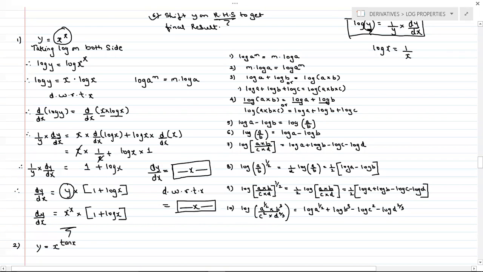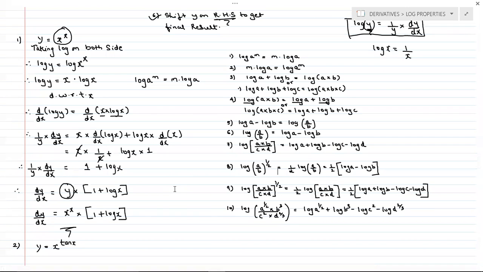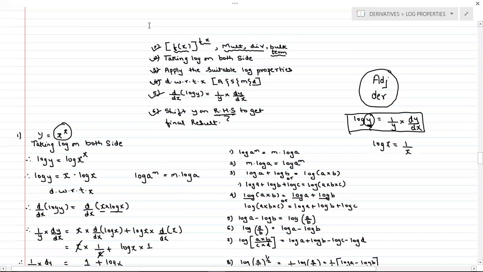So this is what we do in exercise number 1.3 while dealing with the sums based on taking log on both sides. As I told you, remember this exercise as the taking log on both sides exercise. Just remember these 6 steps, that's it. In the first step, you have to check whether the particular question is a function raised to function, or a bulk term, or the connection between the terms is multiplication or division. When the connection is addition and subtraction, we cannot use the concept of taking log on both sides.